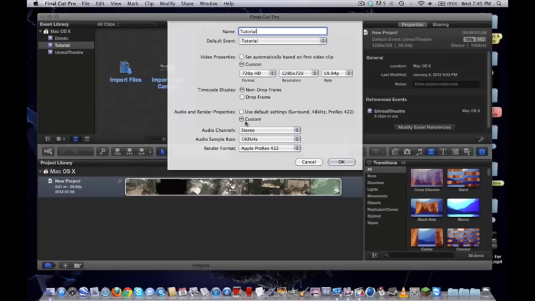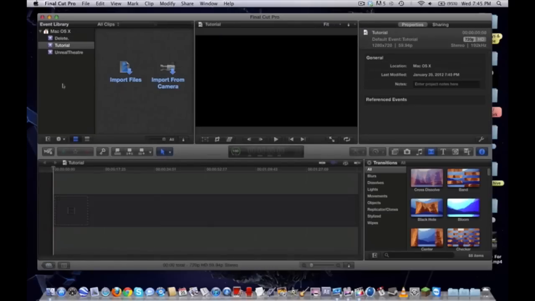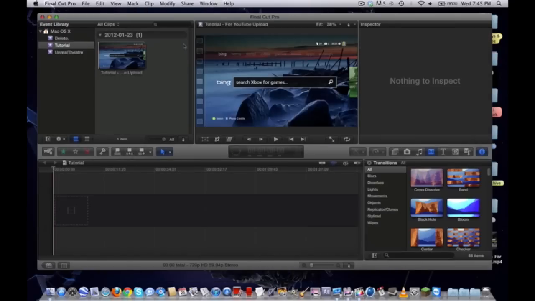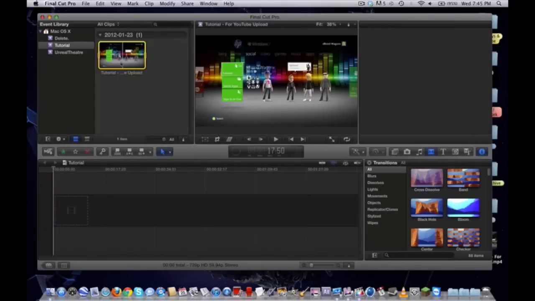This part's very important. You're supposed to use, well, there's default right here, but what I use is custom, because I noticed that with the default surround settings, sometimes you'd get audio in one ear. It was kind of a game of chance. It also, I think, depended on your headphones, but you're going to want to use stereo and have your audio sample rate at 192 kilohertz, as well as your render format in Apple ProRes 422. So that's basically it. From that point onward, you can just import your clip into here and obviously drag it into the timeline,